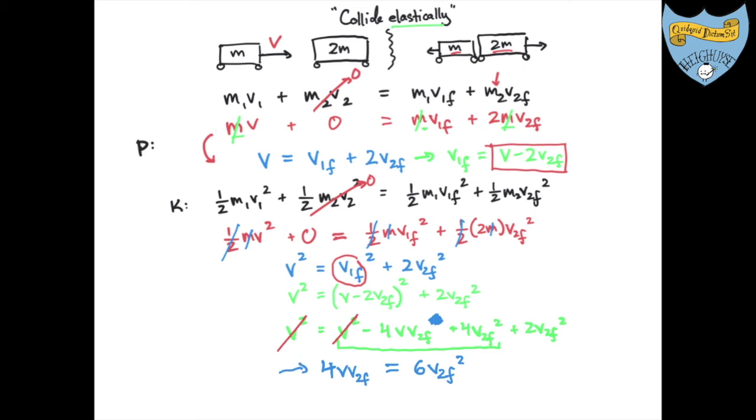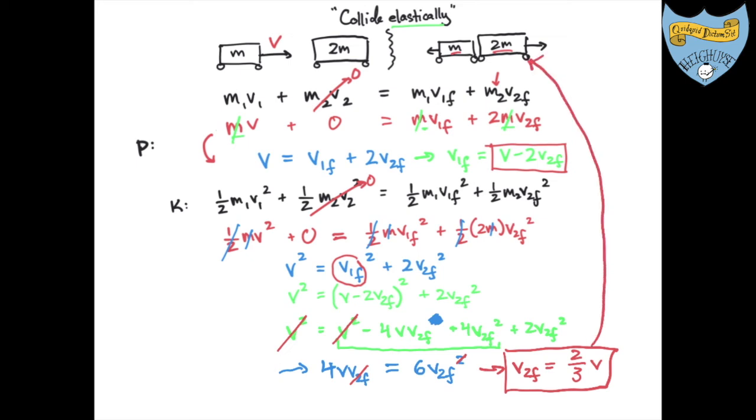And notice there's a V2F on both sides. I'll divide both sides by one factor of V2F. And so now it just says 4V equals 6 V2F. Well, divide both sides by 6, and you will have that V2 final is 2/3 V. Now, what does that mean? Well, that would be the final speed of that cart up there. So the 2m cart after the collision is moving with a speed of 2/3 of whatever the first cart's initial velocity